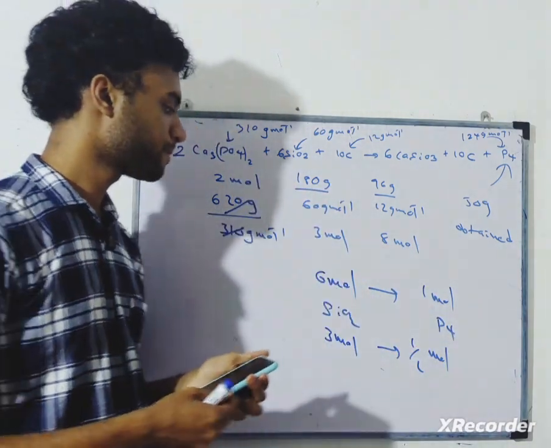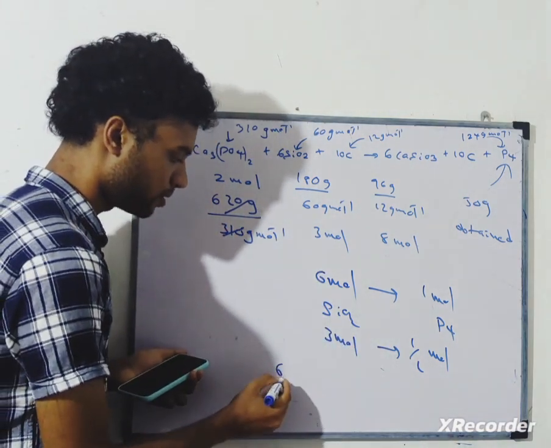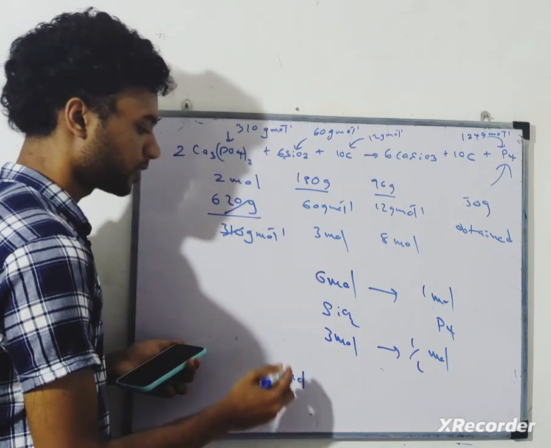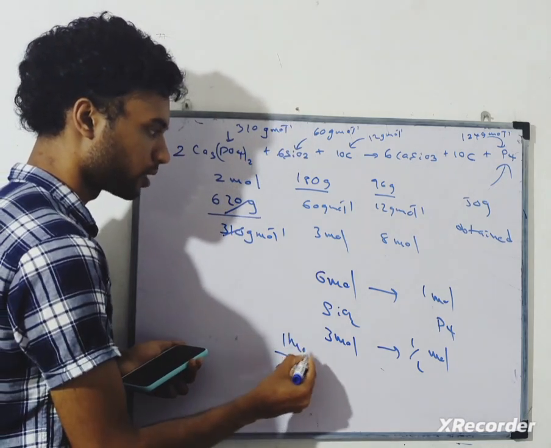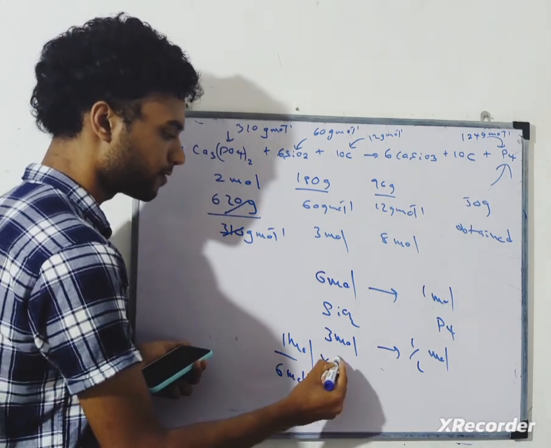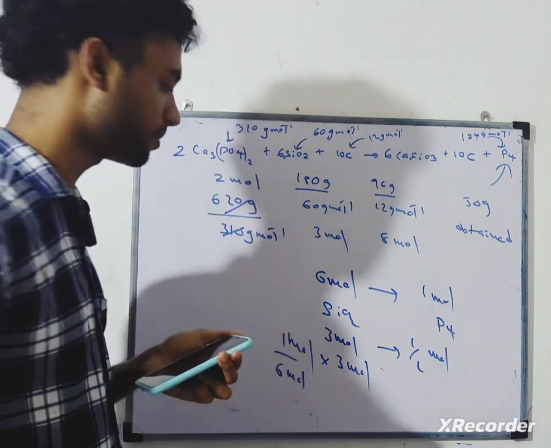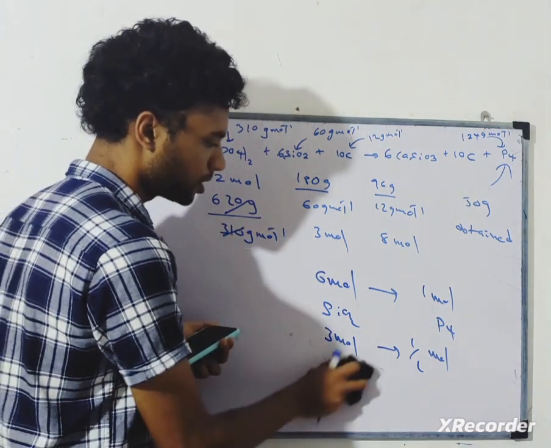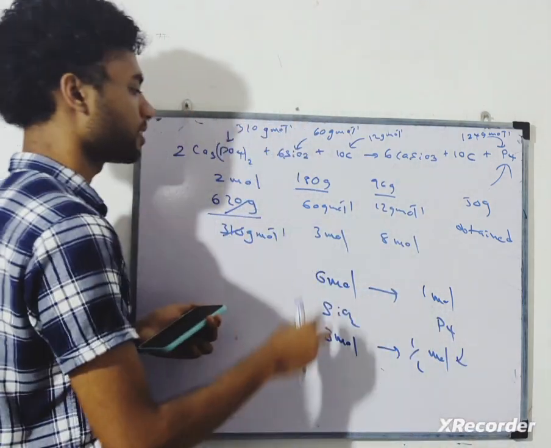That clear? We can think like this: if I have 6 moles, I can produce 1 mole of P4. Then if I have 3 moles, I can produce half. So half a mole of P4 is produced, because I can only use